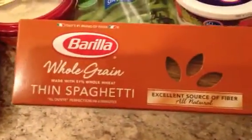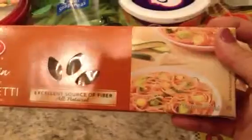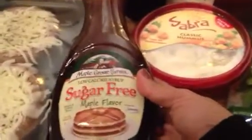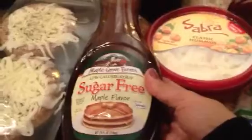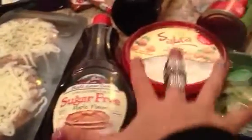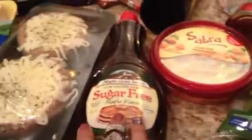The next thing is the whole grain thin spaghetti. I like thin spaghetti instead of the thick one, because it's just easier to absorb the sauce, or if you have olive oil. So whole grain thin spaghetti is my next thing. And then I need to get some sugar-free maple syrup. It's a little bit more expensive than the regular one, but this is perfect if you have some whole grain waffles and you add some fruit, or you can just put a little bit of this on some whole grain